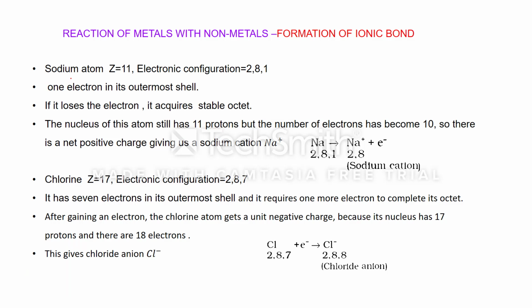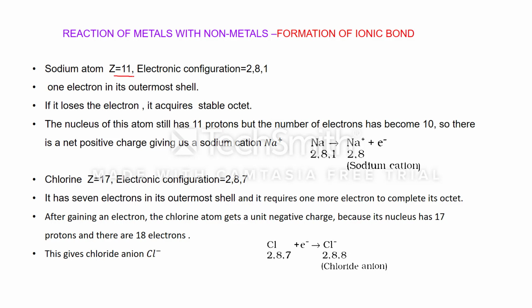In class 9th we have discussed the octet rule. Actually, noble gases have their octet in their outermost shell and they are stable. In the same way, other elements also try to achieve this octet configuration either by loss of electron or gain of electron or by sharing of electron. Now let us discuss one by one.